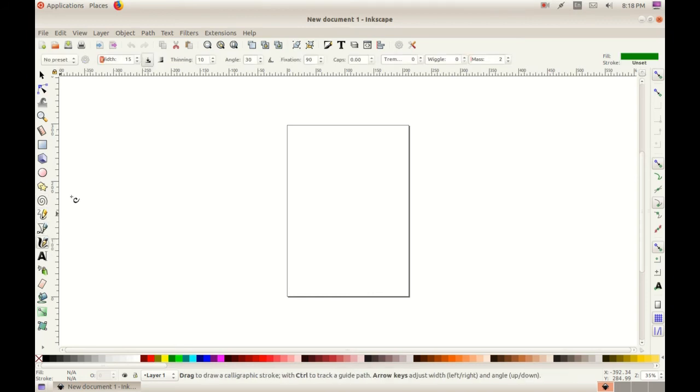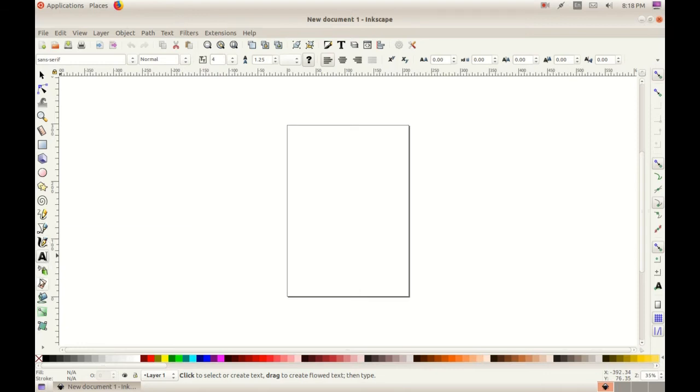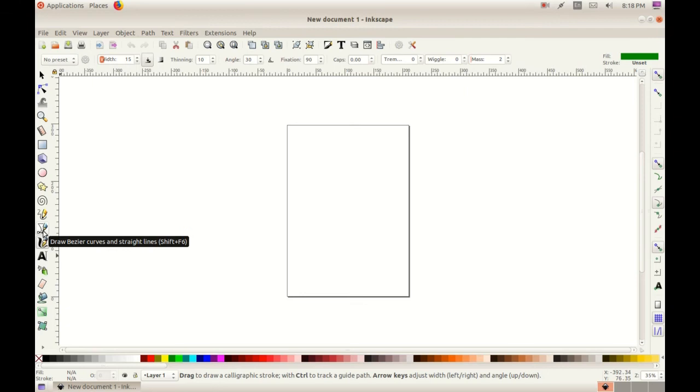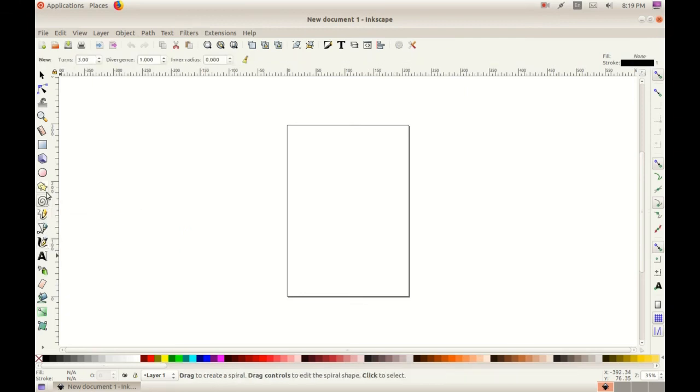See the change happening. The tools control bar changes according to the tool selected in the toolbox.